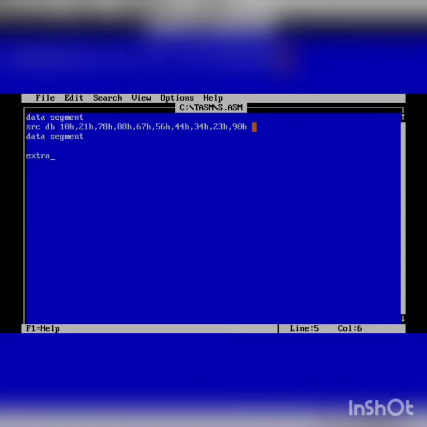Now we will be using an extra segment. Here we cannot see the contents of the sorted elements, so we will perform a block transfer by using a string instruction to check whether the block has actually been sorted or not. So I will use a destination of size 10, 0AH, and I will use the DUP function in order to duplicate the element, declaring that destination is my block, not a single element. Sorry, extra ends. Now start with the code segment.